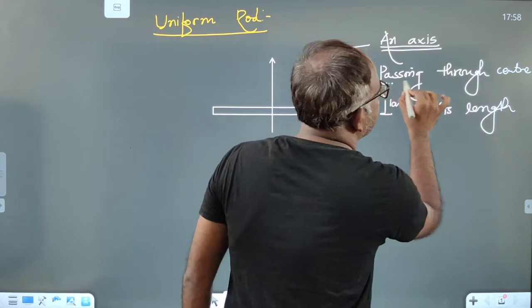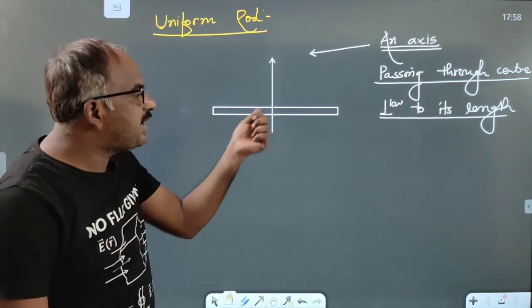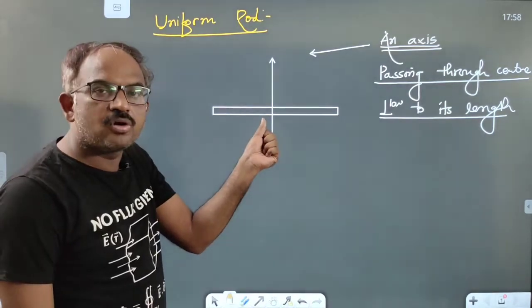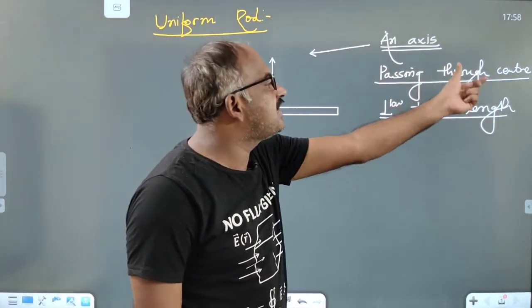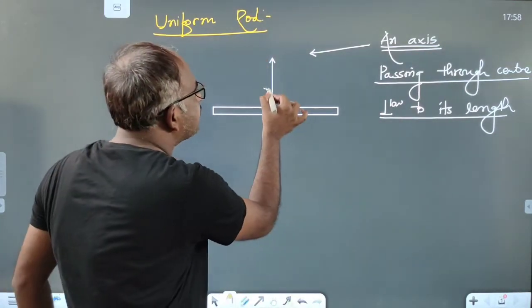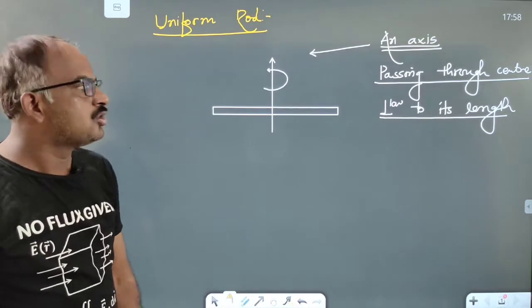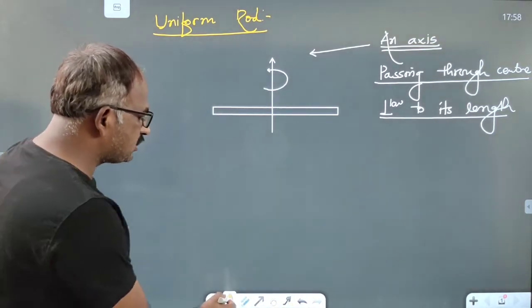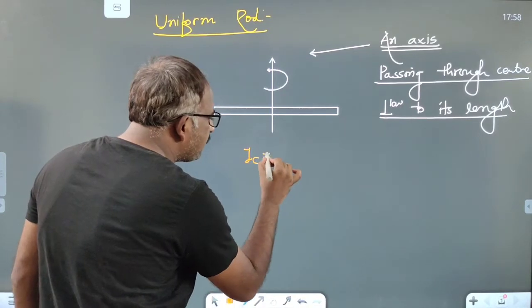An axis passing through its center perpendicular to its length. So assume that this thin and uniform rod is rotating about an axis passing through its center and perpendicular to its length. So moment of inertia of this thin rod which rotates about this axis is given by